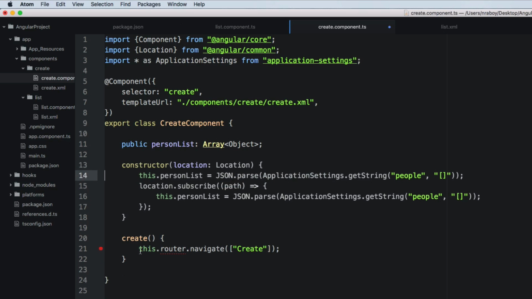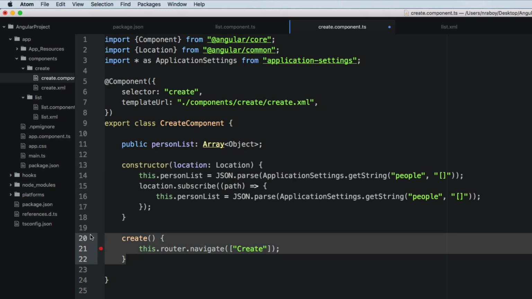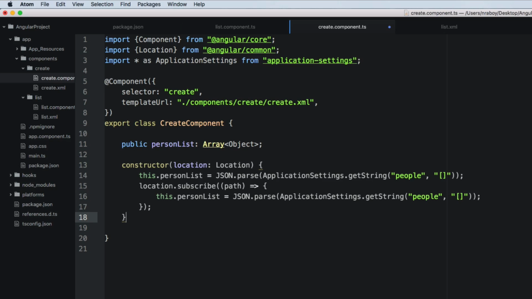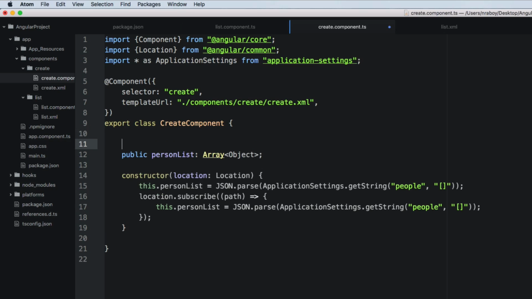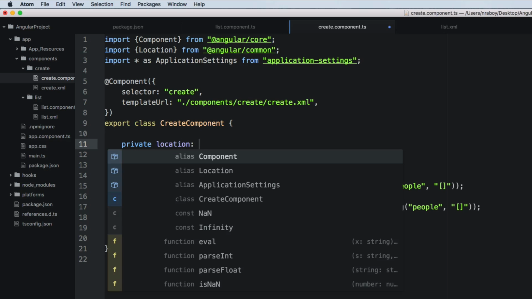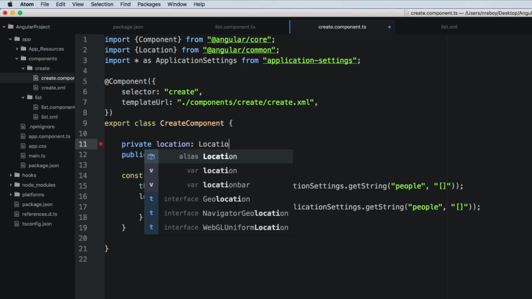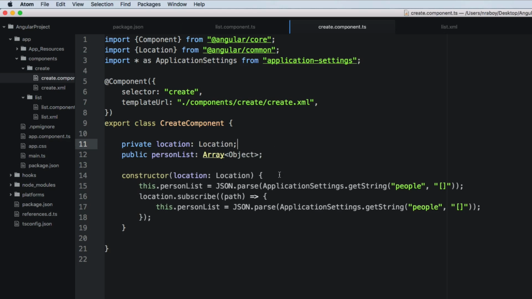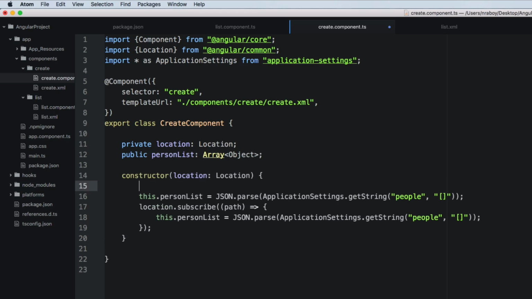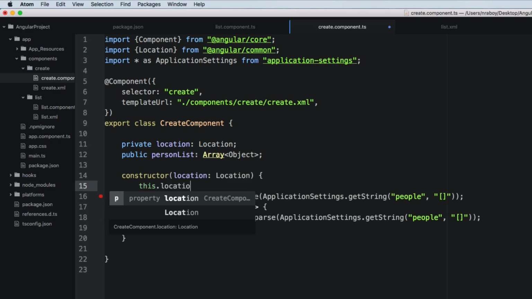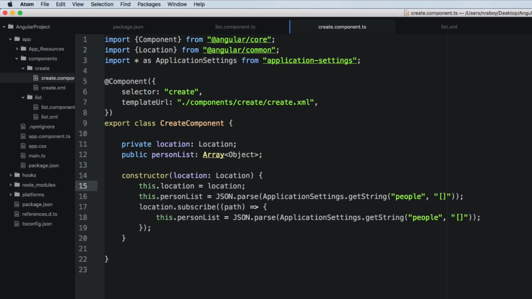We also don't have a create function in this case. I mean, we could call it create, but I'm going to call it save instead. But let's remove that as well. What we are going to have is a private variable. This time it's going to be location. So in this case, we are going to specify a private location. Inside of the constructor, you can assume yes, we are saying this dot location equals location, so whatever was injected. As far as the constructor goes,